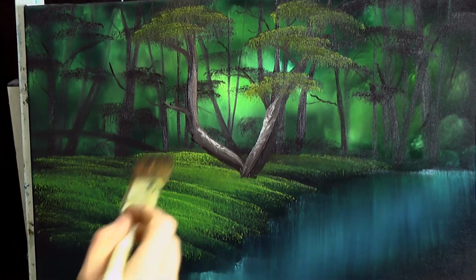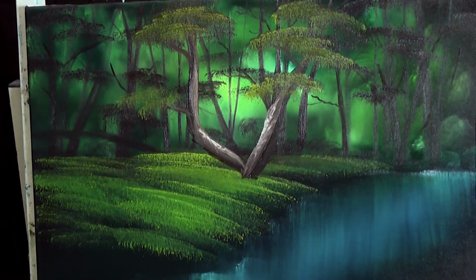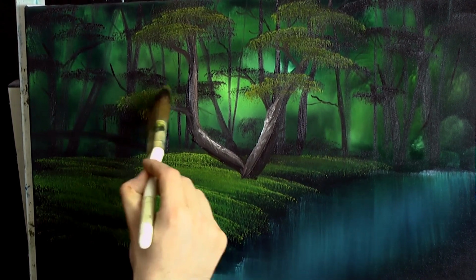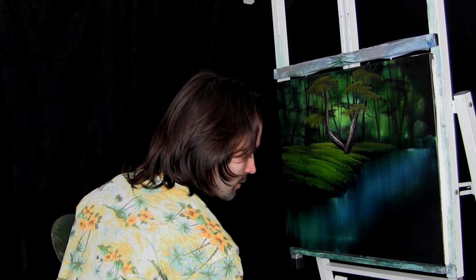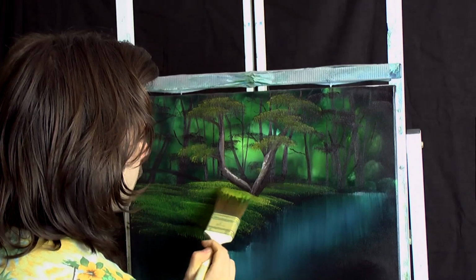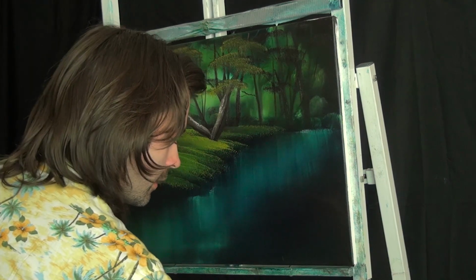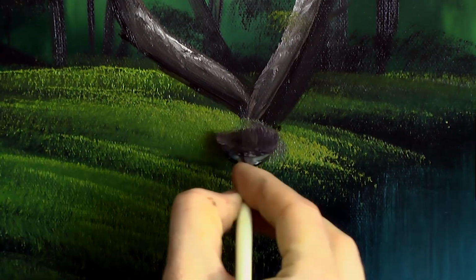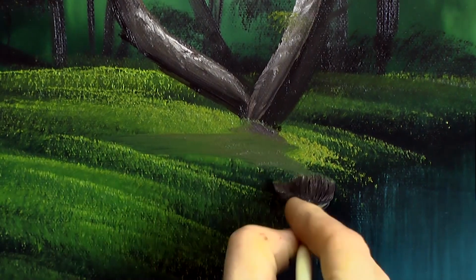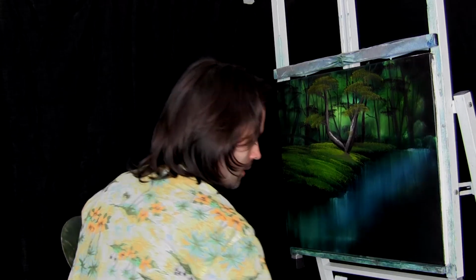Thinking about shape, form, and this one there. Okay, there is a bit there. Get carried away. Right, let's clean that up at the base in the grass. And then, of course, because of where our light is, it's darker under here, darker there. Let's just put an indication of where it is. Okay. And let's start